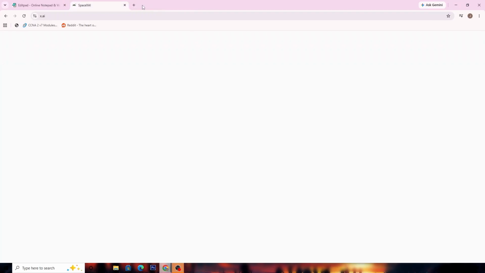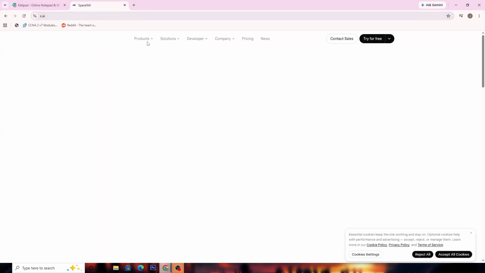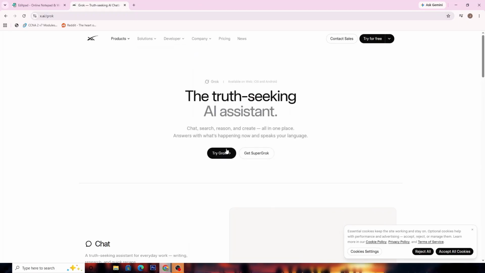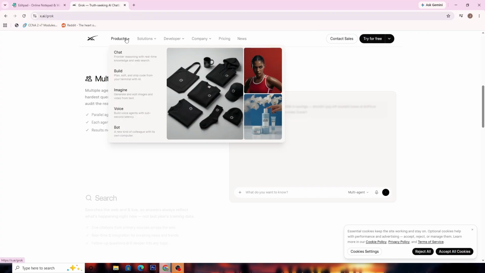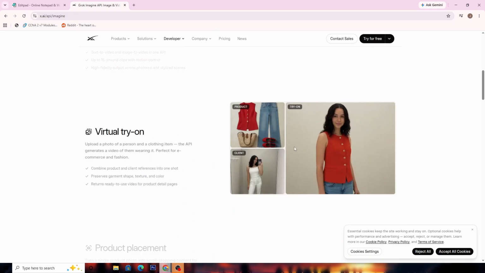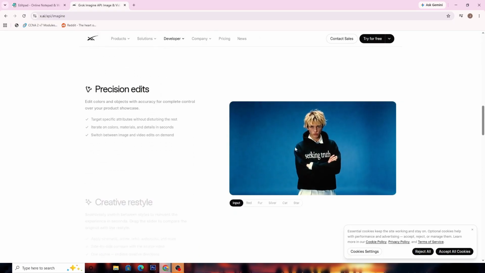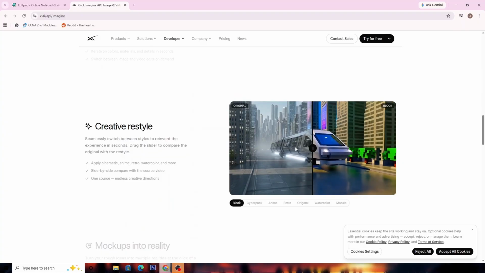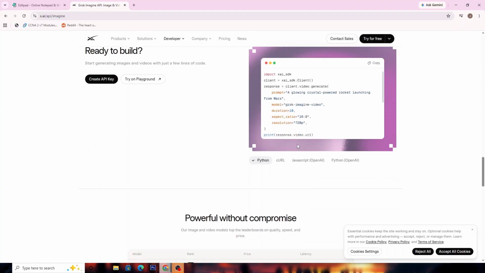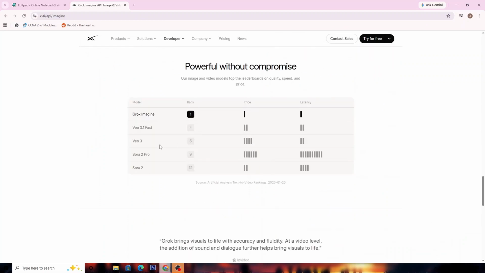In the world of digital photography, achieving that perfect, crisp, high-definition look can often be a challenge. Whether you're a photographer, a social media enthusiast, or someone who just loves taking pictures, you know that sometimes a photo needs a little extra magic. That's where Grok AI comes in. This powerful tool can transform your everyday images into stunning, high-quality visuals. In this video, we'll dive deep into how you can use Grok AI to enhance your photos, ensuring they stand